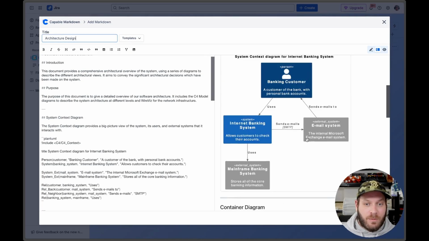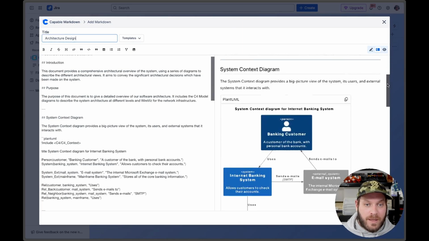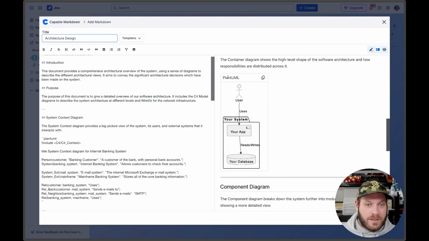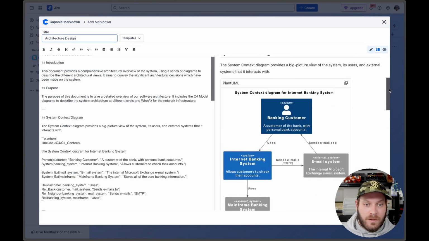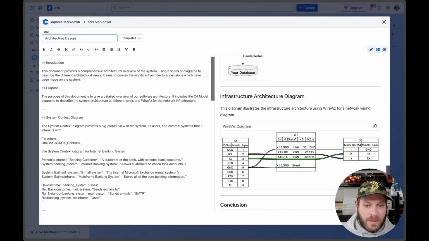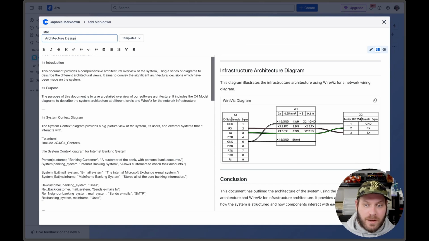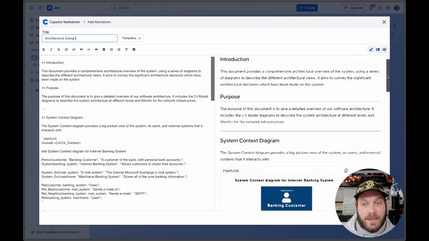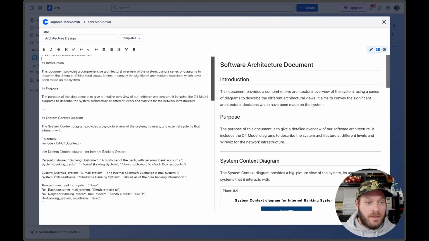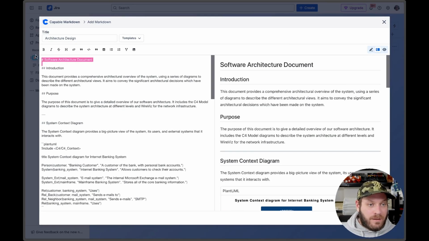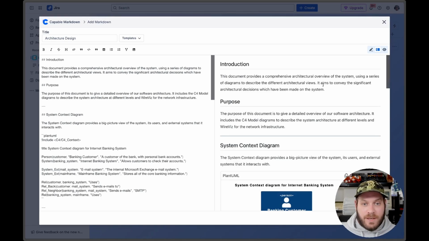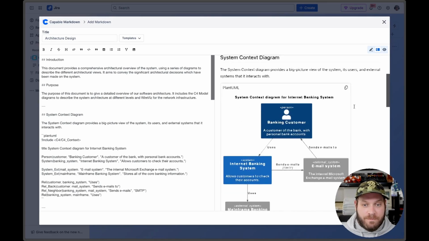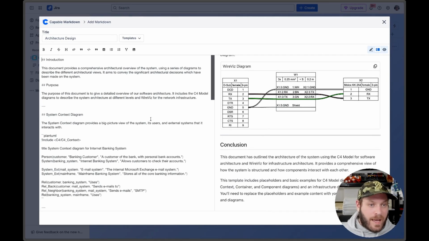And as you can see, we can see a preview of the Markdown here on the right. And you can see we've got PlantUML diagrams in here. And we can also even put more advanced diagram types in here, just directly in this tool. So as you'd expect, we can edit the text on the left and it's going to reflect that on the right. So once I'm happy that I've written my Markdown here and I click